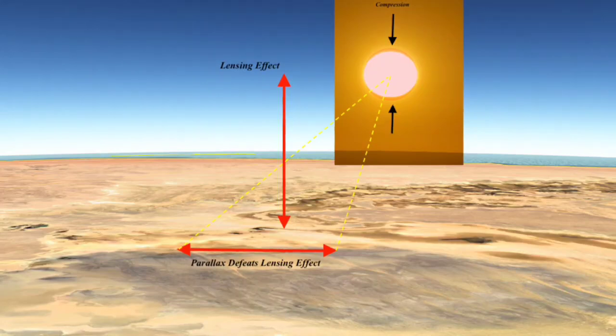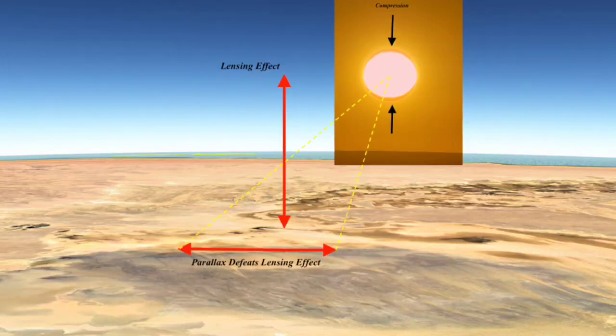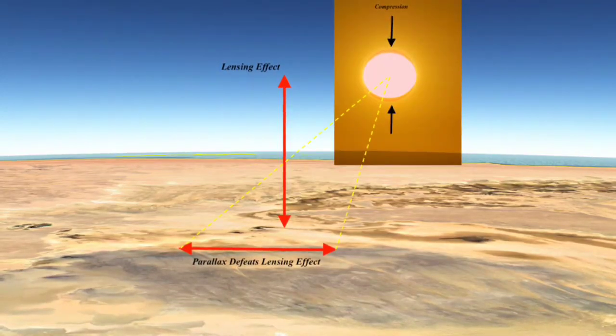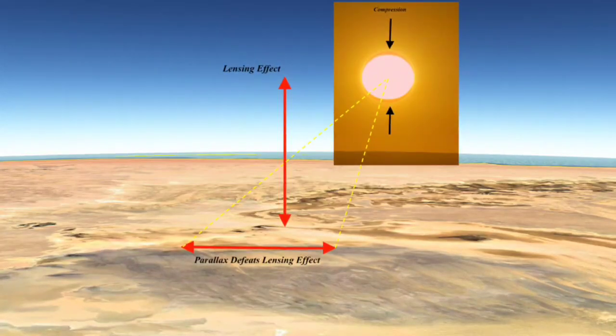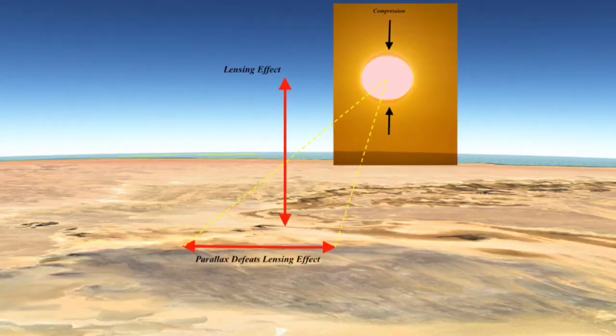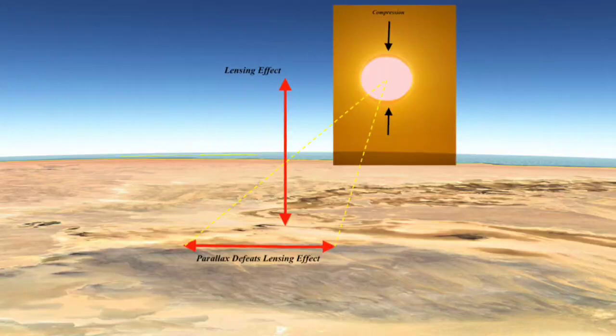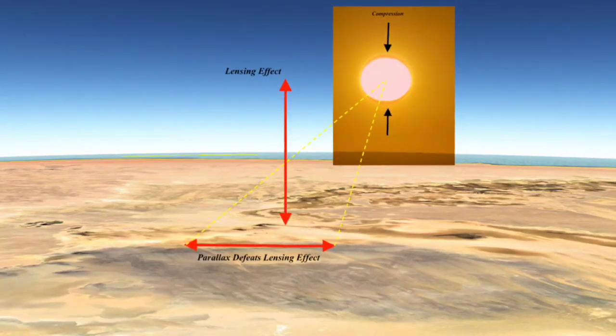Just seeing that ellipticity ought to make us wonder, like, hey, what's going on? But moving left to right, perpendicular to the direction to the sun, now we can defeat the lensing effect because it's acting the same at either location. Yeah, just incredible, folks. We can get a direction to the sun, a distance to the sun, based on parallax,